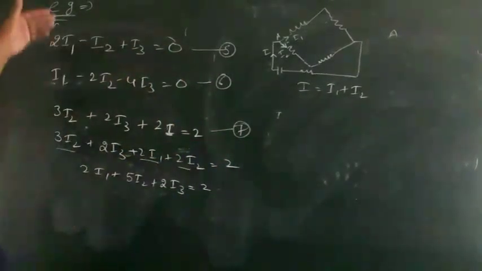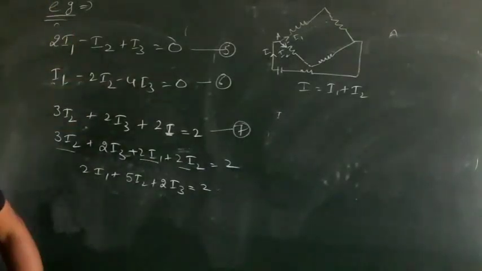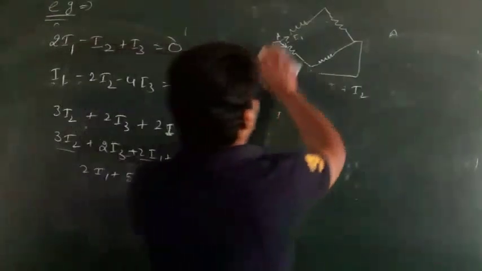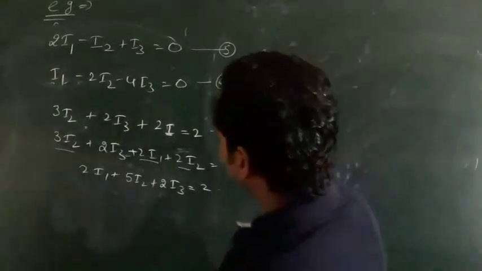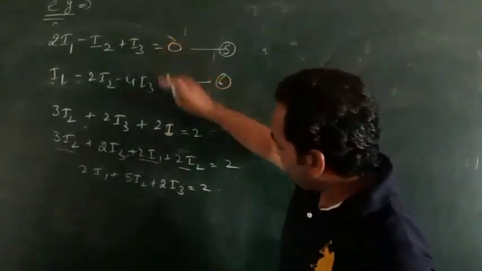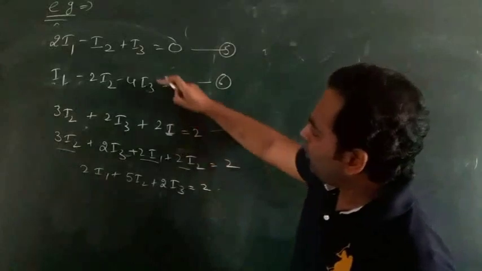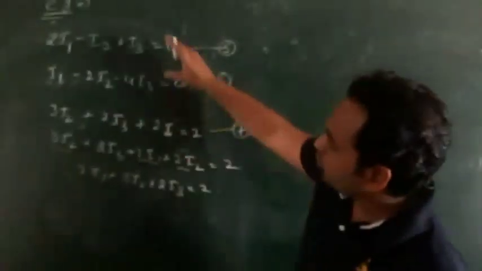So you have to remove one of the variables. How do you remove one of the variables? For that we will use any two of the equations. First we use this equation and this equation. Now we'll use this and this. This equation you use to remove one variable.